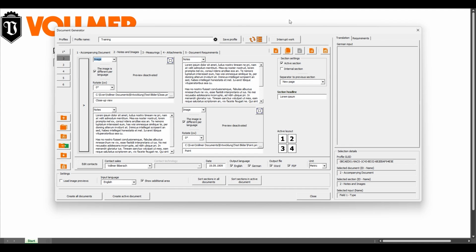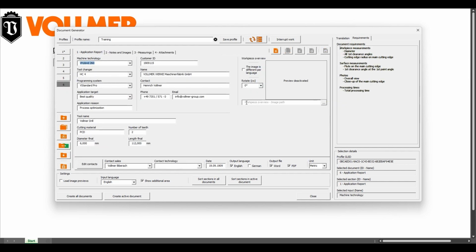The additional area itself provides multiple functions. First, it supports translations for certain text fields. This means I can view and edit the same content in 2 languages at the same time. Second, it shows the document requirements after I've imported a document, especially when these are not visible as a separate section. This is common with accompanying documents.